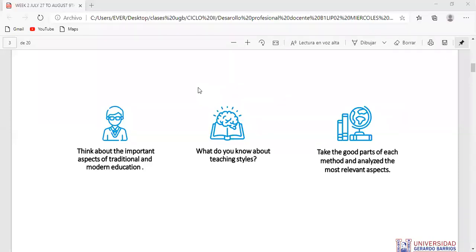For example, when I took the quiz, the result that I got is that I was that kind of teacher that teaches by giving examples. And I dislike that a little bit, because in that teaching style, the teacher takes most of the participation of the class, and the students are just listening. And I don't really like that, but that's the teaching style that I got.